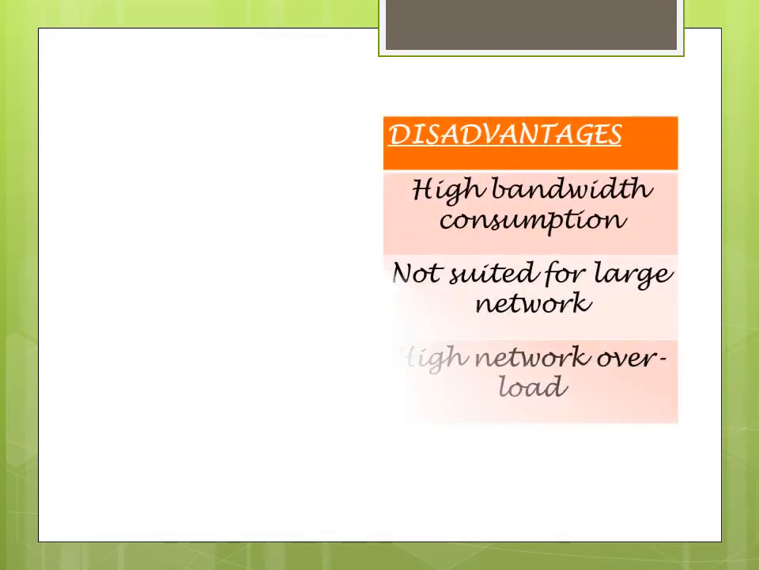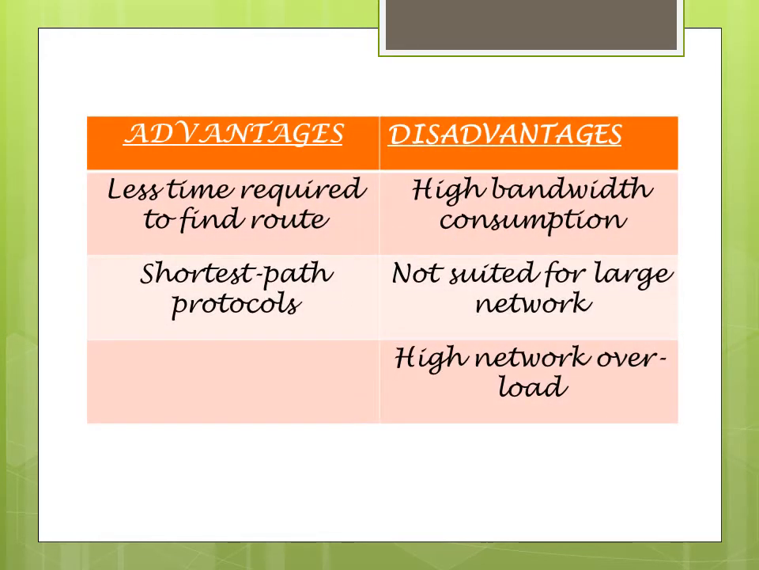Here are some advantages and disadvantages for proactive routing protocol. Due to routing table, the time required to connect to the other nodes is very less. As they are updating the routing information in the table, they require less time to connect to each other. Shortest path protocols. As the routing information is updated, so the routing is done in a very easy and convenient